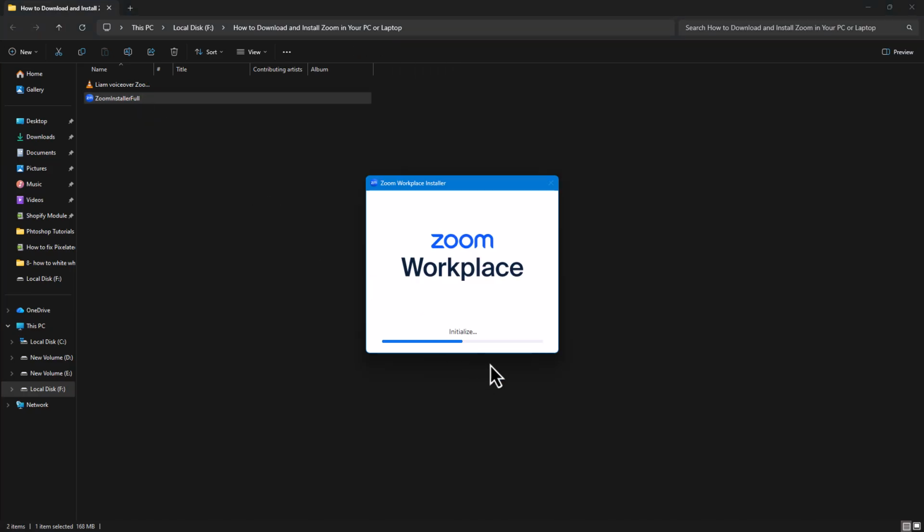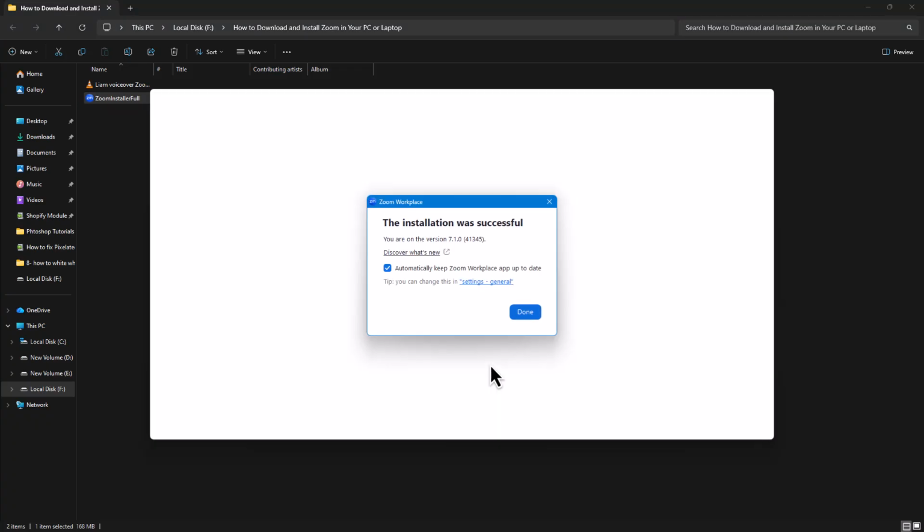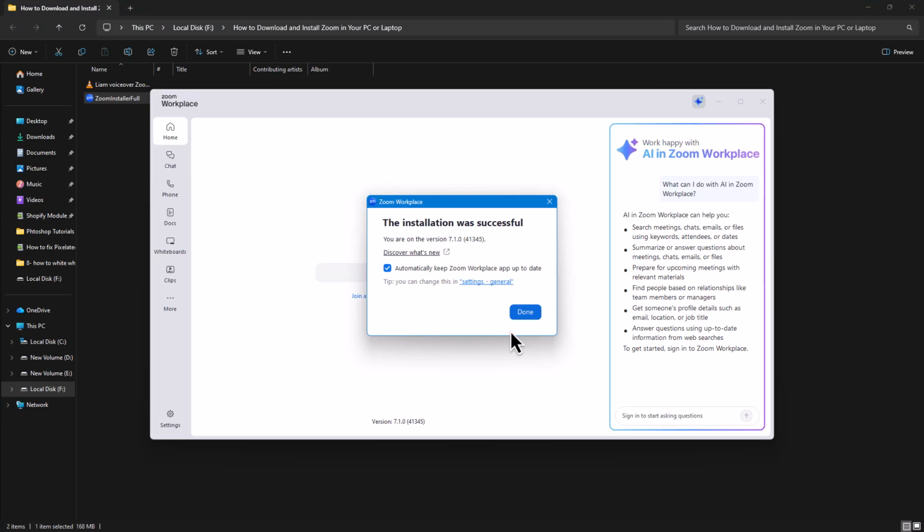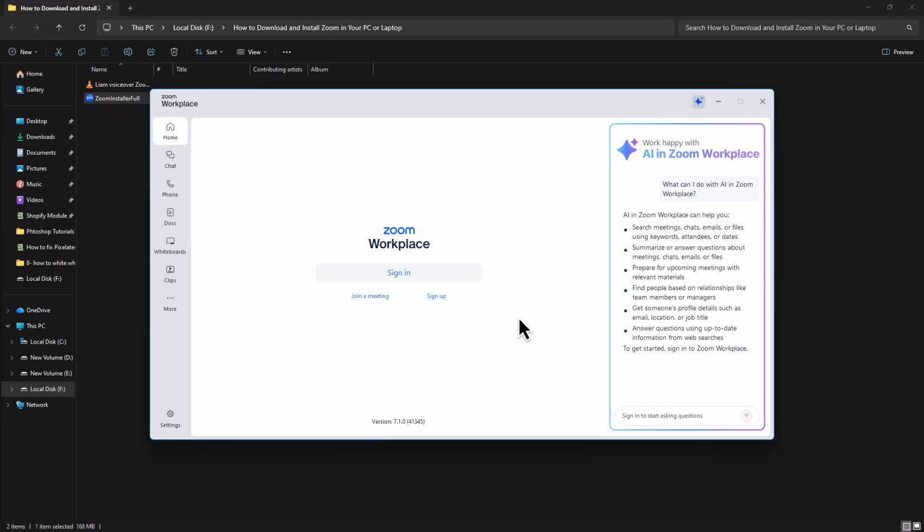If Windows asks for permission, click Yes to continue. Now, wait a few moments while Zoom installs on your computer. The installation usually takes less than a minute. When it's finished, Zoom will open automatically. From here, you can sign in with your existing Zoom account or click Sign Up if you don't have one